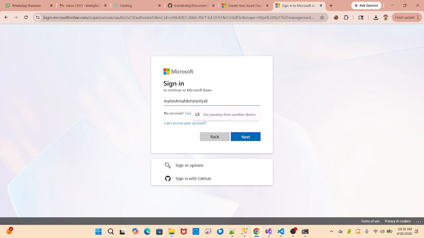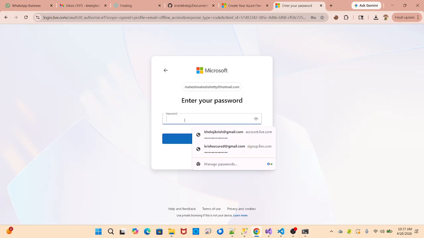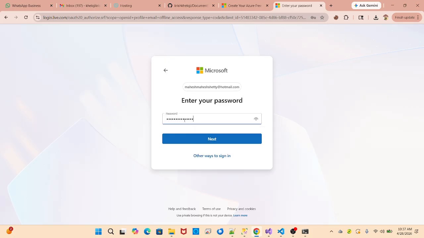Sorry. Hotmail. Is this correct? Password, I don't know. They told me when I